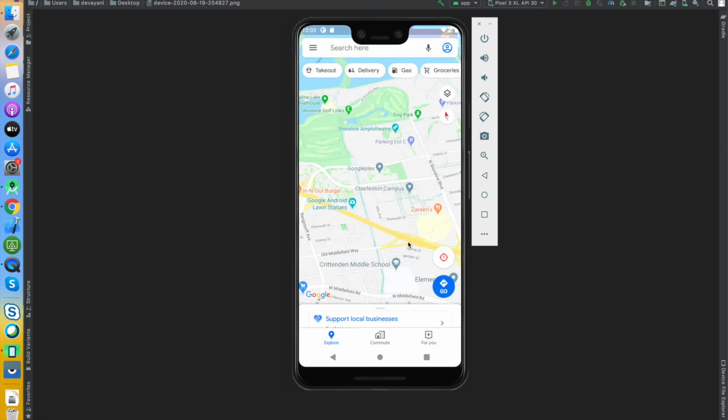So this was the first time I tapped deny. Let's open this again and tap on deny. Now on the second denial, the system is telling me that this app permission is denied, and if I again ask for the same permission by clicking on this location option, I'm not able to get that permission dialog.